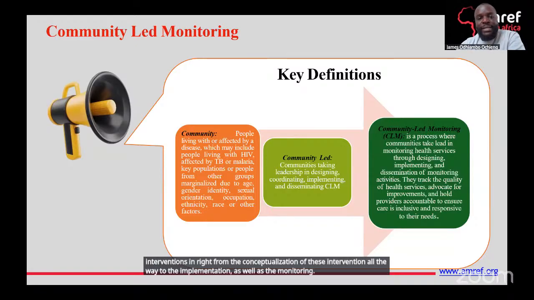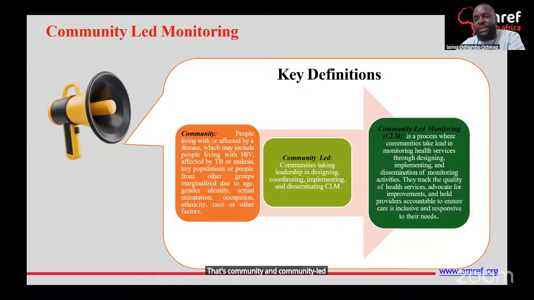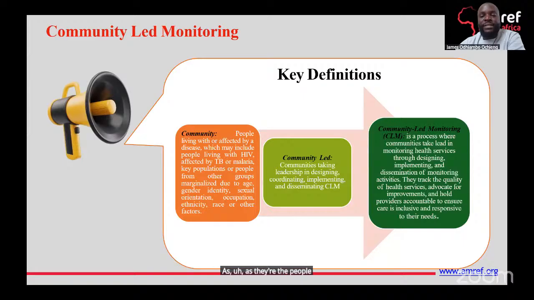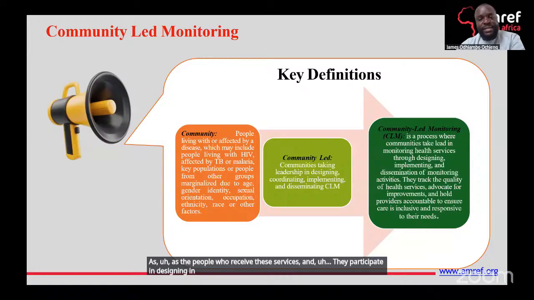So combining the first word, that's community, and community-led, which now give us community-led monitoring, we basically mean a process where communities take the lead in monitoring health services, as they're the people who receive these services, and they participate in the designing of these services, as well as the implementation.